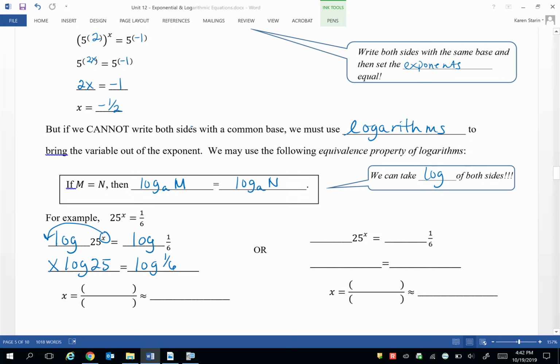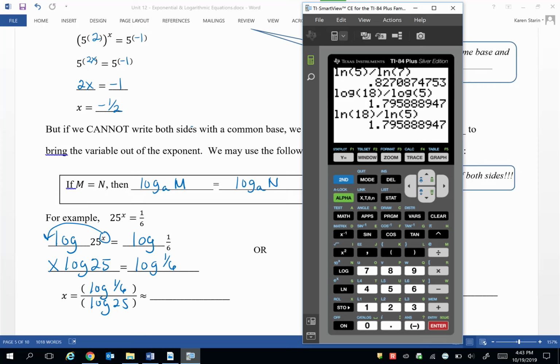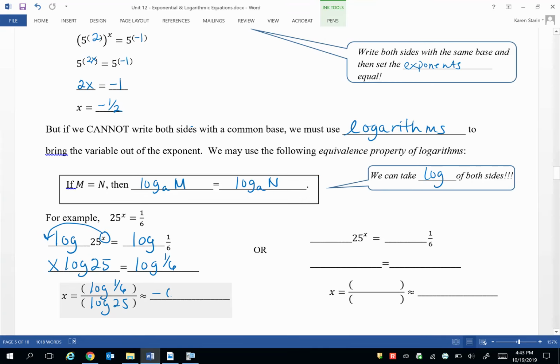Now I have a linear equation. Remember, log of 25 is just a number. The exact value is log 25. We could estimate it with a calculator. So I'm going to divide both sides by log of 25. So x would equal log of 1/6 divided by log of 25. So if you were to use a calculator, you would just do log of 1/6 divided by log of 25 to get an estimate of what that would be. It would approximately be equal to negative